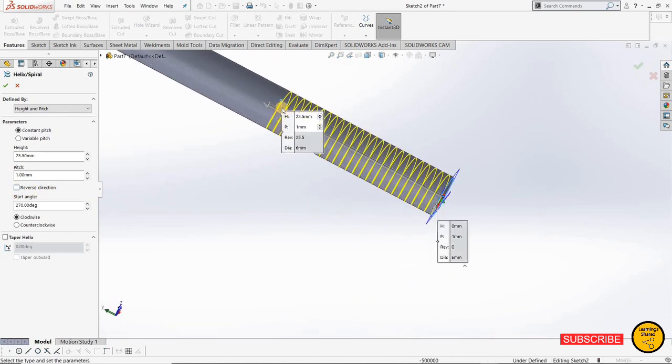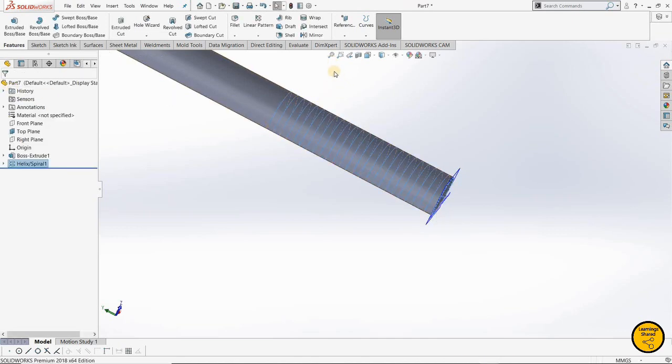So the height will determine up to which length your thread will go. So 25.5 is okay for me. The pitch I will take as 1, and I will leave all these options as they are.